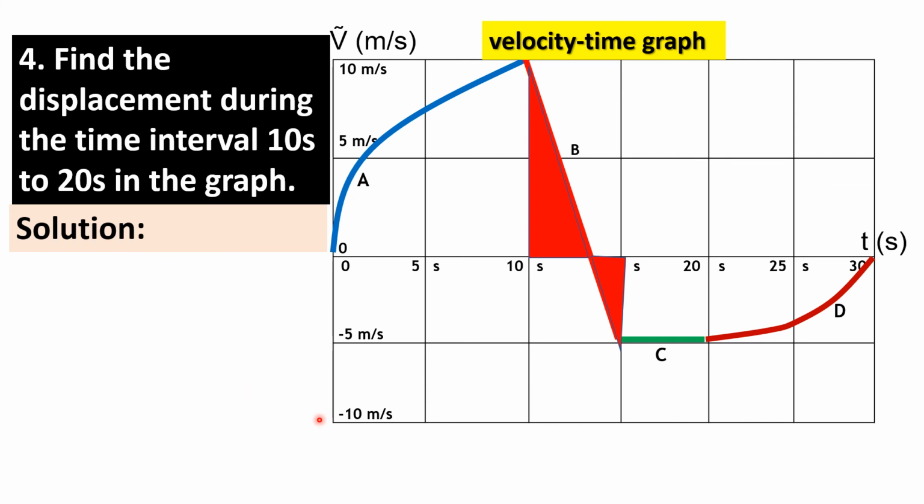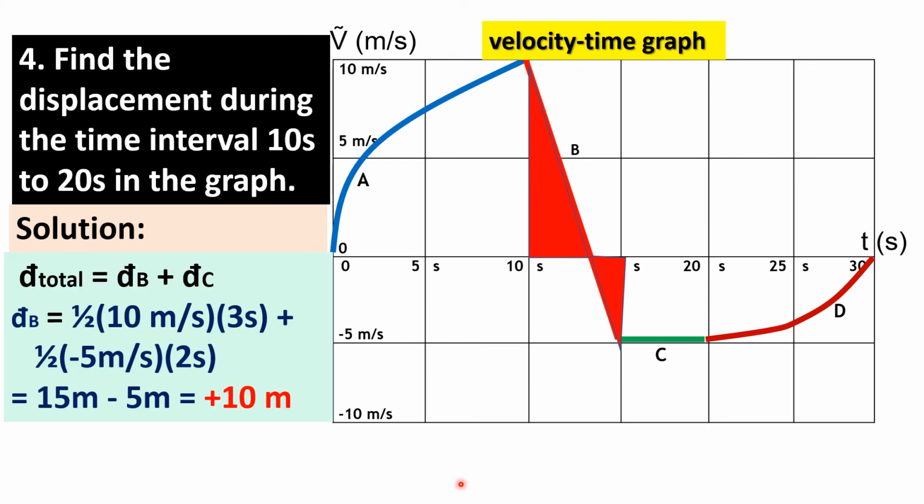In the case of determining the displacement of the body during a time interval, in this case from 10 seconds to 20 seconds, just like what we followed earlier when we tried to find distance traveled. Displacement, as we all know, is a vector quantity requiring specification not only of the magnitude but also the direction. So using still the same method that we followed earlier,